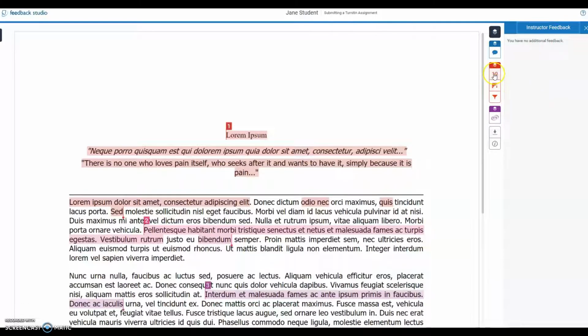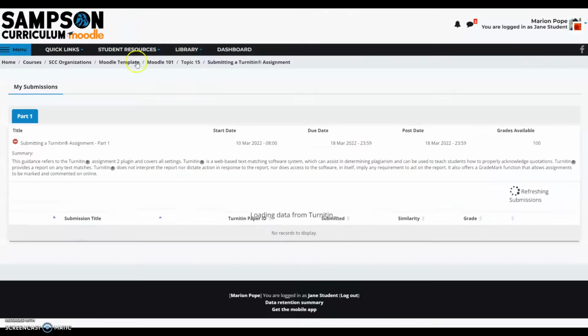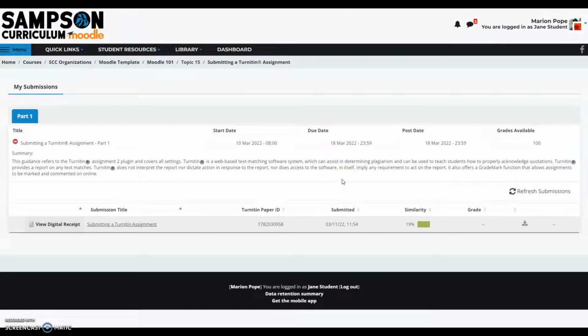You'll click the match overview, which will show you all of the sites that were used in your paper and what the match was. You can view all sources and you can download a copy of the paper. Once you have finished viewing your instructor's comments or feedback, just click the X to go back into the course page. You'll see now that your similarity or your matching